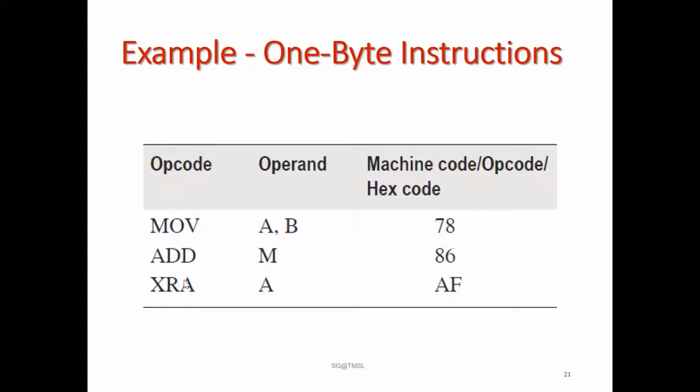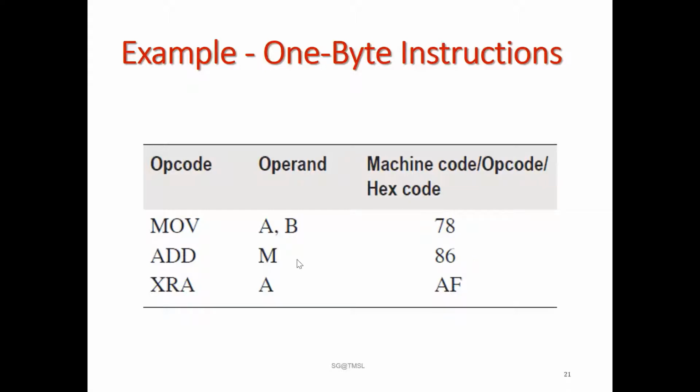Okay, so in that way, different instructions have different machine code. So to load the entire instruction means to load this machine code into some memory location. Each memory location can store a maximum of 8 bits of data. So here all these machine codes are 8 bits in size. To store this one, you need one memory location. To store this type of instruction code, you need another memory location.